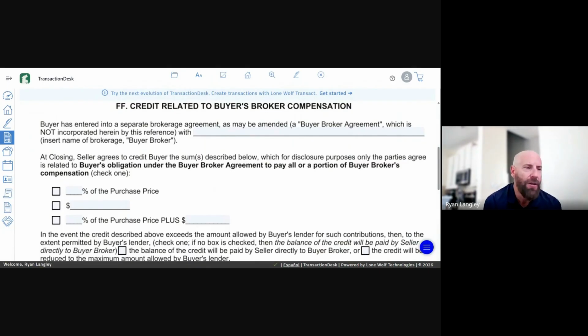So if you have an FHA, if you have whatever conventional, you can only take so much in concession. So if I've got to give you a $20,000 roof as a seller, which is a common thing, right? I know my house needs a new roof. It's 20 years old. You're buying the house. I'm going to buy you a new roof. I can't come out of pocket and do it, or I don't want to, but I'll give you the $20,000 because I'd rather give you the money for a new roof than put on a new roof any day of the week. And I'm telling you guys that as an agent, I would rather give people money for a roof